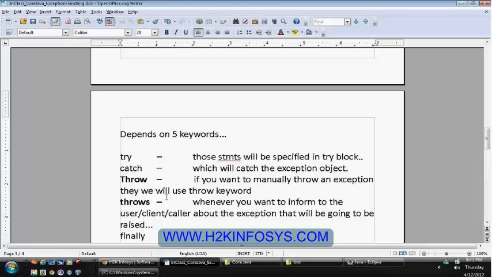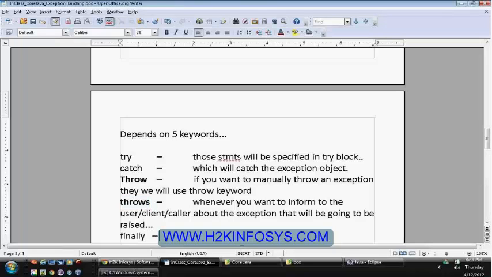Let us say the method is throwing some exception, but the client has to know what kind of exception you are throwing. Then only can the client handle the exception and process further. To specify that, you will inform the client that, hey, you are calling some restricted method, and in this restricted method, if you didn't pass the data properly, I'll throw this kind of exception. So by using the throws clause, you'll inform the caller. So the caller will become aware of the exception that will be raised by the called method.